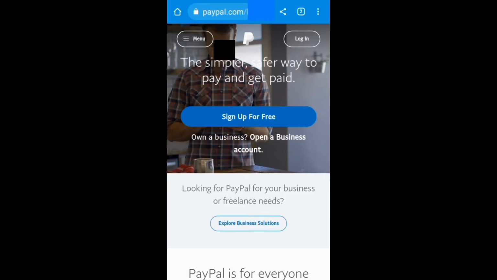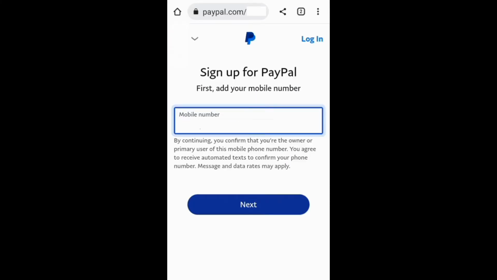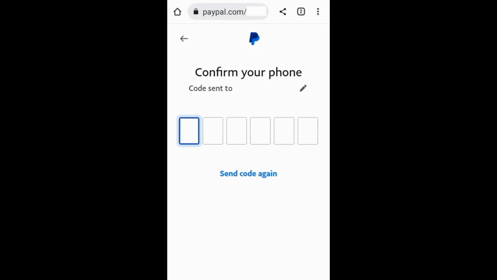Now on the PayPal website or app, you need to tap this button, sign up for free, then choose to create a personal or a business account. The next thing is to enter your mobile number, then confirm it through a code and then go on to